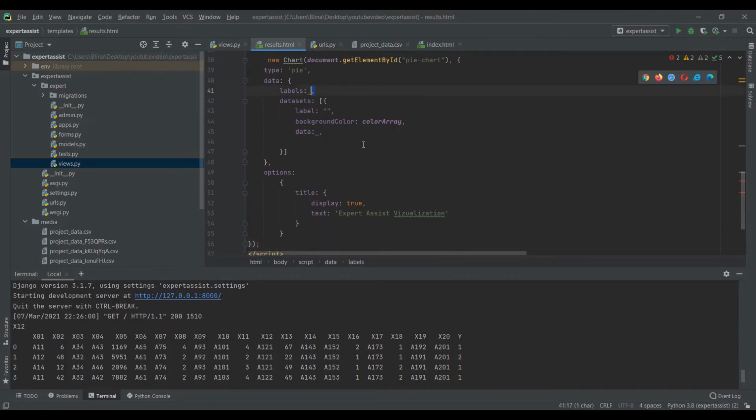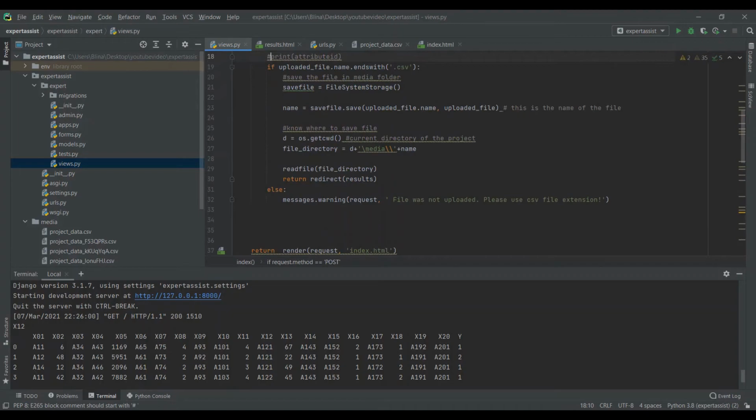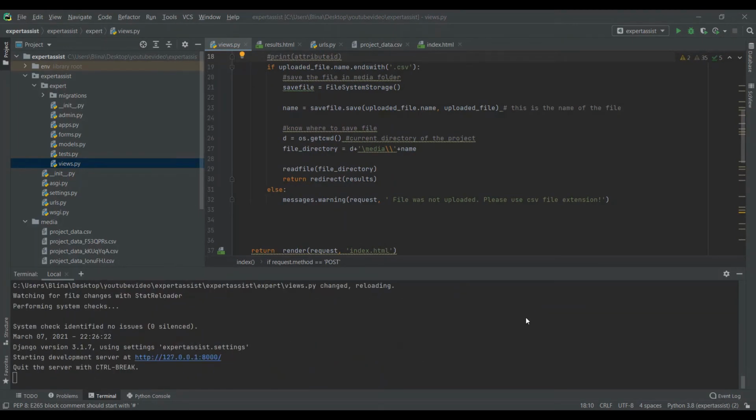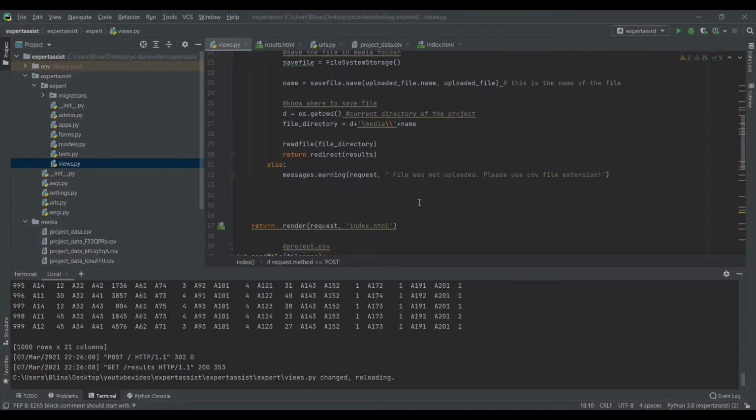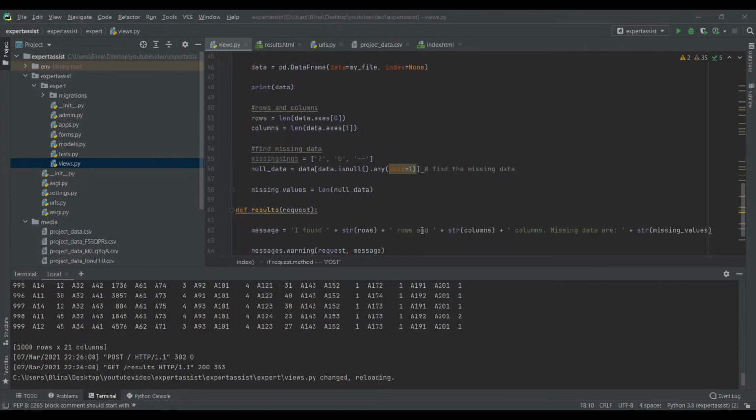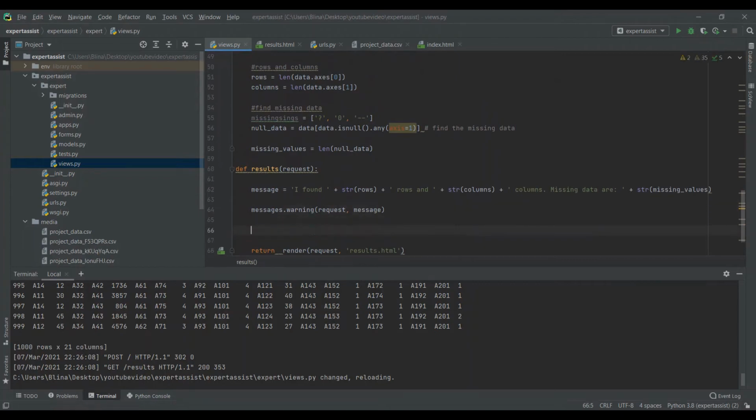So now I need the data here and here. I'm going to go back in views and prepare the data. How? I have this data frame. Okay, I need to split this data and prepare it. So split the data into keys and values